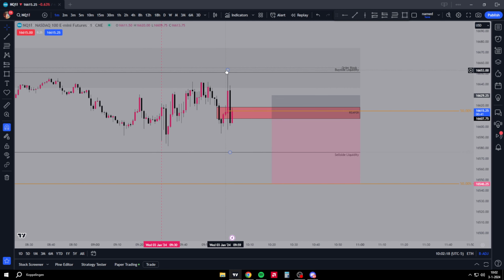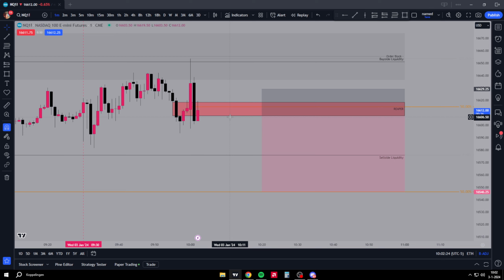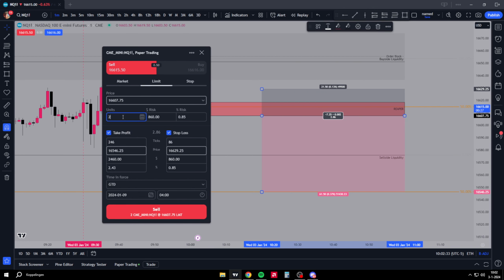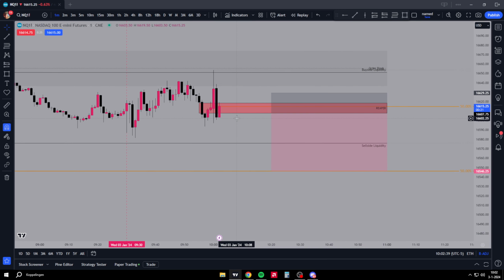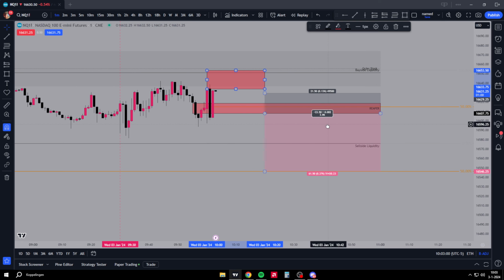But Ice-T probably sold it right here. When he took out this buy side, he sold. He sold right here. Probably he's going to upload a video on it too. So let's see. I want to enter in the Reaper if it does make a Reaper, and I'll risk like one contract. I want to see this act as a retraction block.